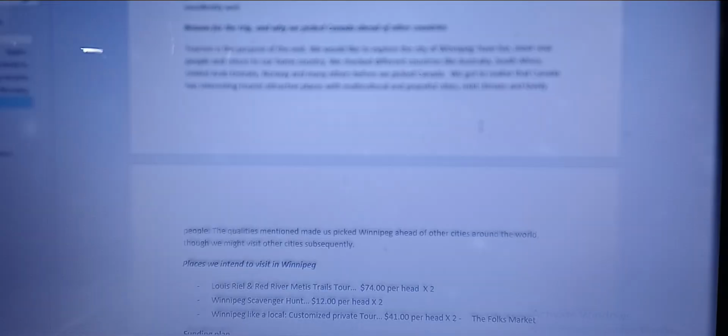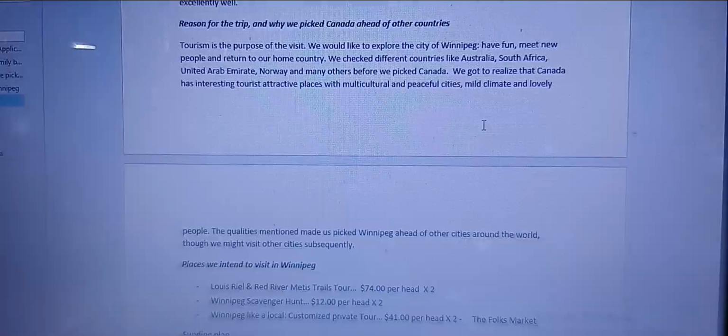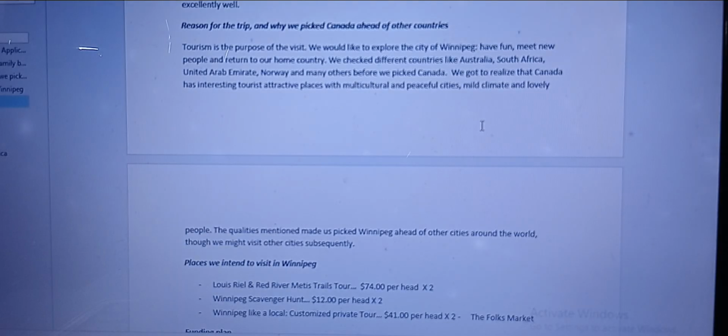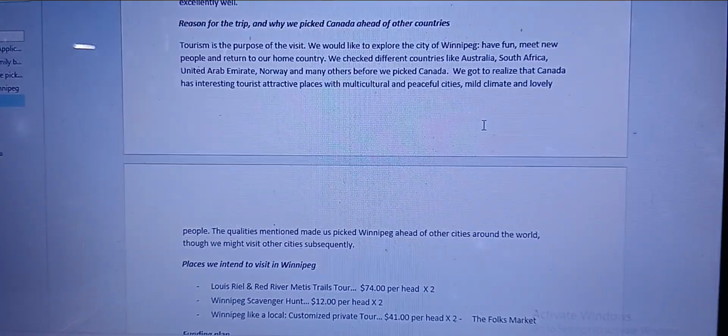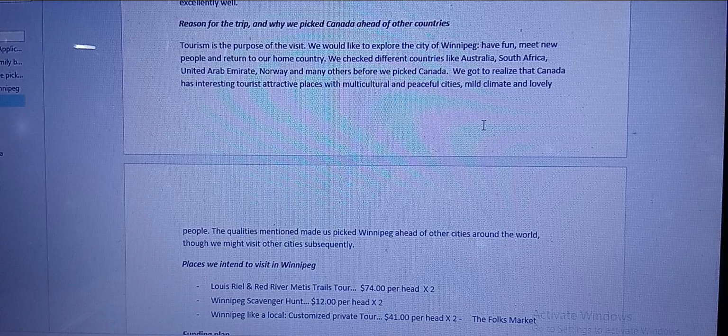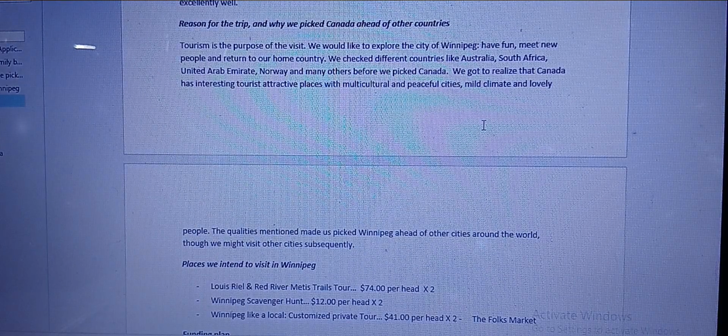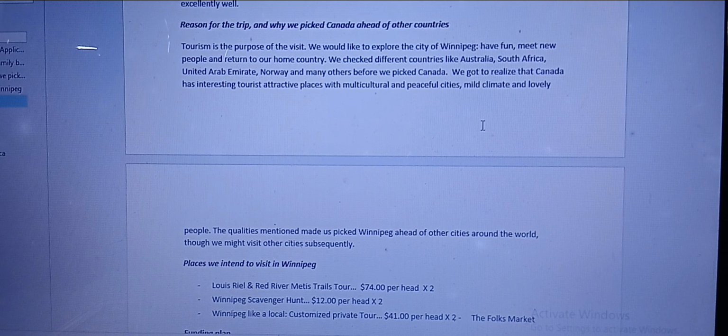Canada is not the only country in the world. So why did you decide to pick Canada ahead of other countries? They are really concerned about that. So that's where you tell them maybe it's your childhood dream. You've always wanted to visit Canada since your childhood, and so on. Not only Canada, don't forget, I only use Canada here as a case study. So you tell them the country you are going to. Maybe it's Belgium, it's Italy, anywhere you are going. That's where you tell them.